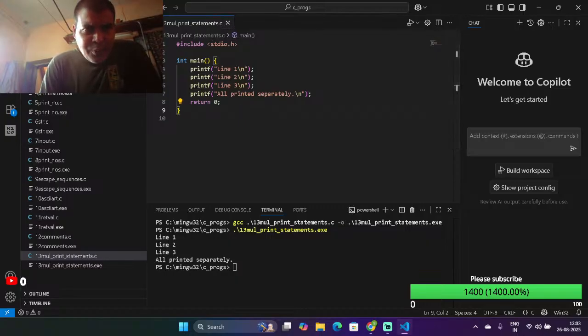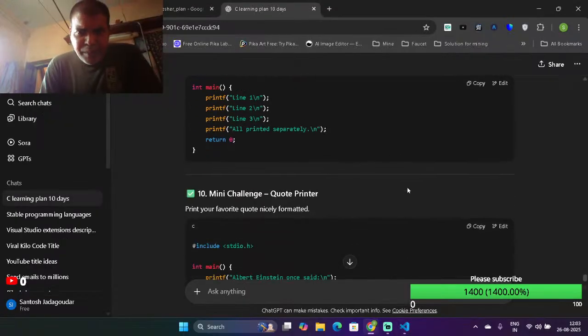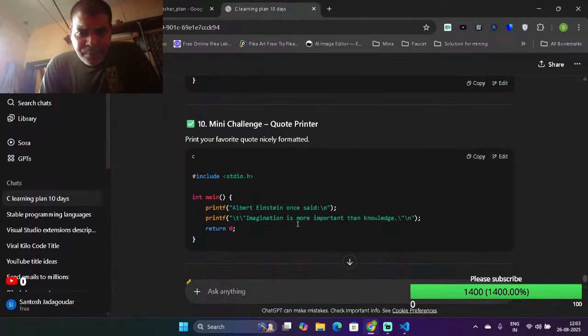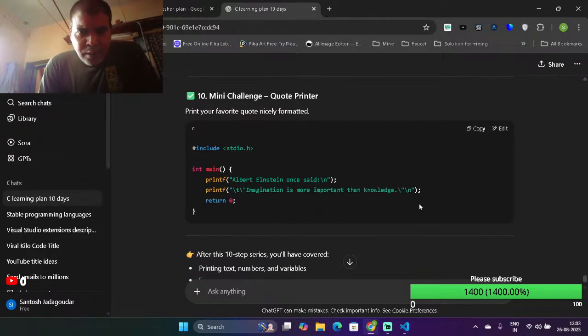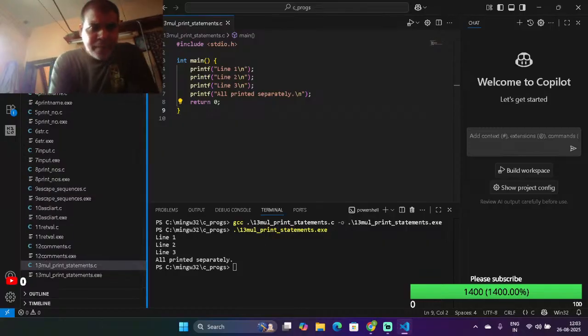So the next program that we will be doing is the mini challenge. Mini challenge code. Fill your favorite quotes with proper formatting, new lines, tabs, quotes. So let's see how this is done. Okay. So this is again a simple program. It doesn't have a lot of things. So I will just do 14